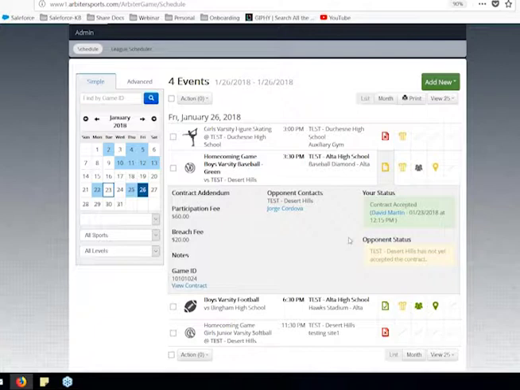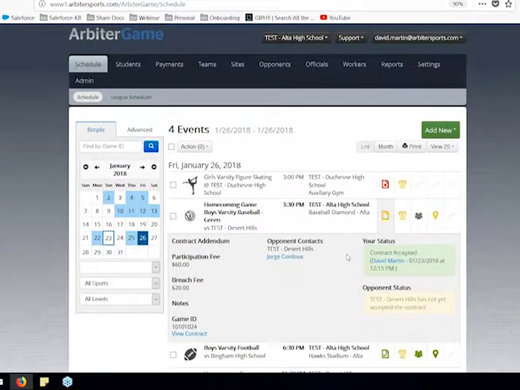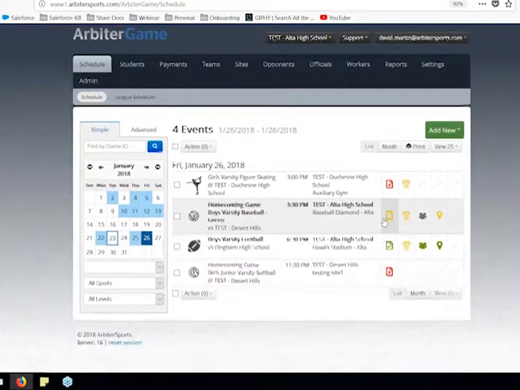Now there is a way in your settings to automatically accept your own contracts. And also with your opponent's contracts, depending on what the opponent has set up, it will allow you to accept the contract for them or not.